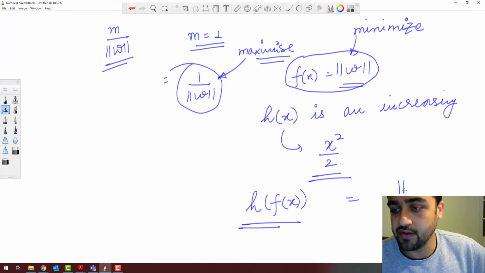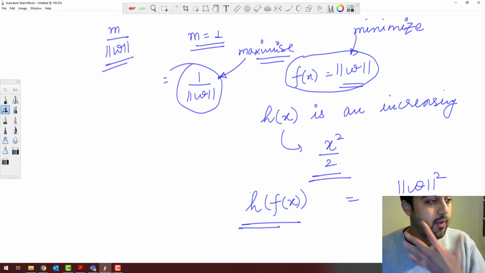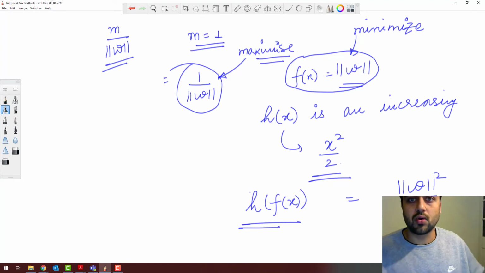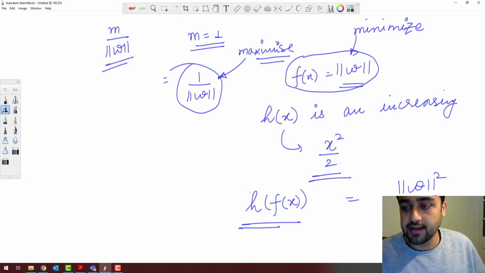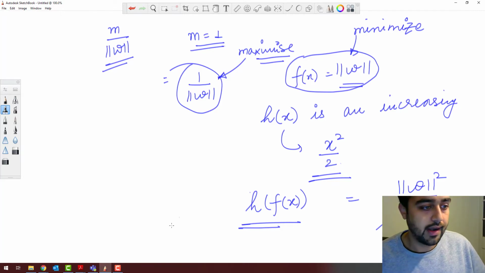So this would mean we would have to minimize our w square by 2, right? And that is what's explained on our slide 29, where it says that this leads to a quadratic constraint optimization problem, because, for mathematical convenience, we converted our mod w to mod w square by 2, and we try and reduce this. All right,